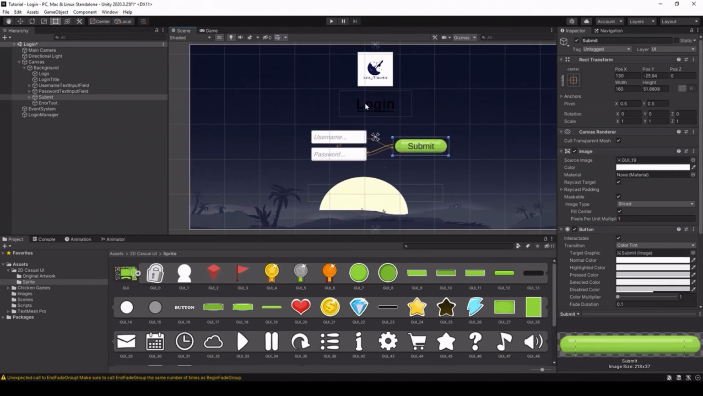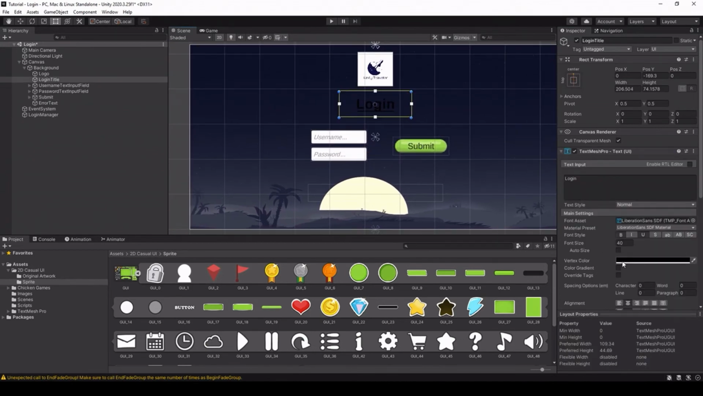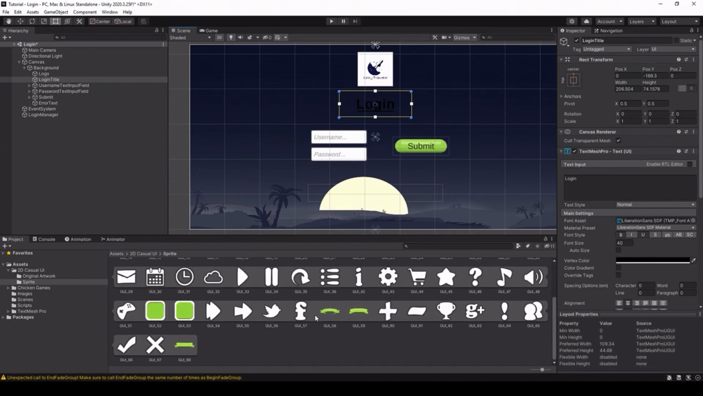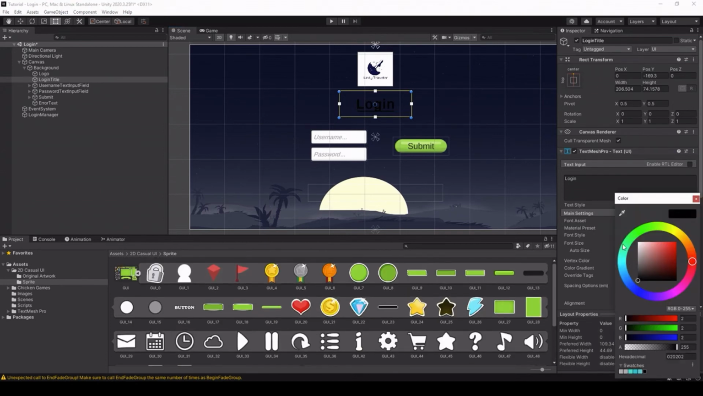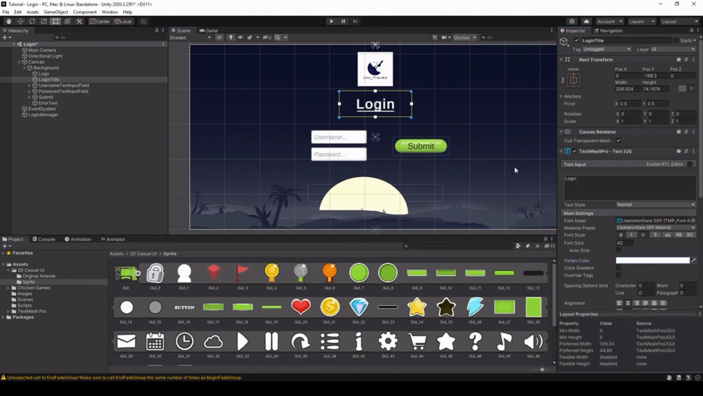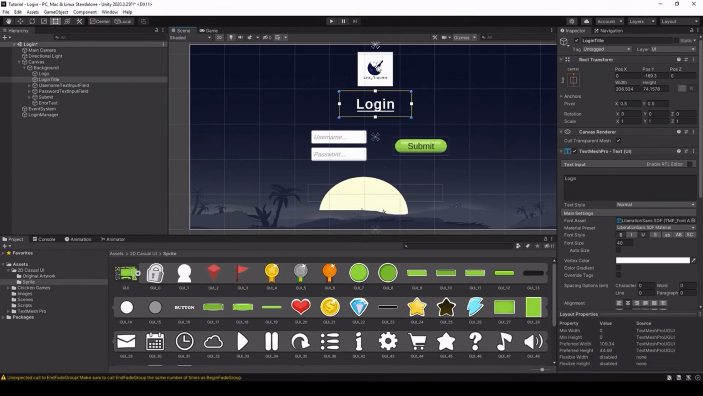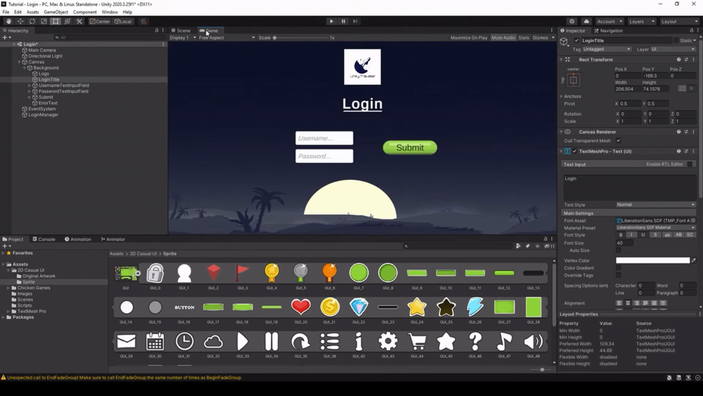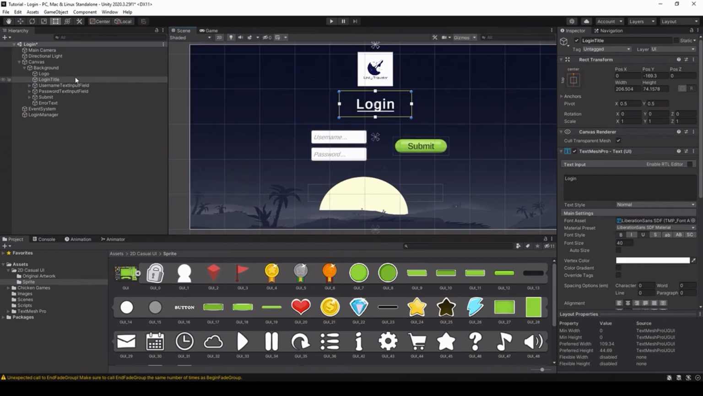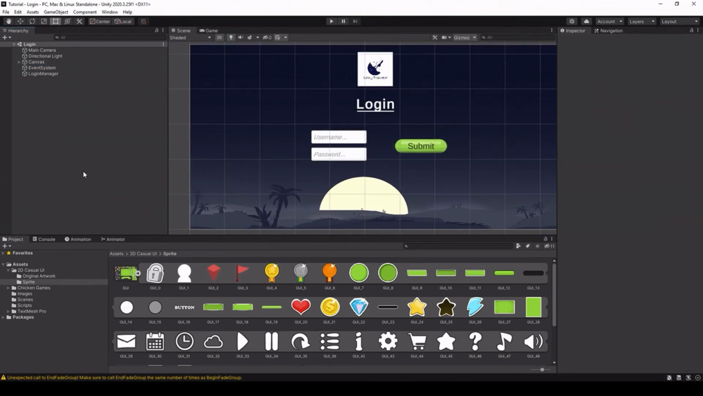Anyways, let's change this login text to a different color. Let's now change it maybe to white so that it shows up in the background. I think I like how this is looking. So for now, this is going to be my login page. Let's save that. Now let's go to our other scene